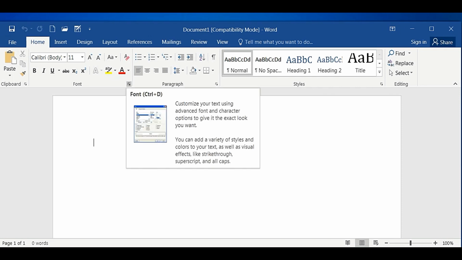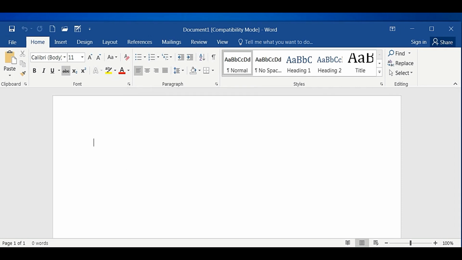And next, in the ribbon, you can see a lot of groups. That means the features are arranged in groups. So this is the Clipboard group, Font is another group. In the Font group you can see a lot of font styles, the features that you can change on the letters. All that comes in this Font group. And this is the Paragraph group.